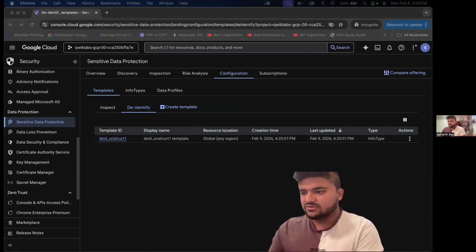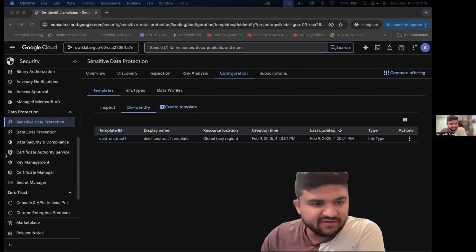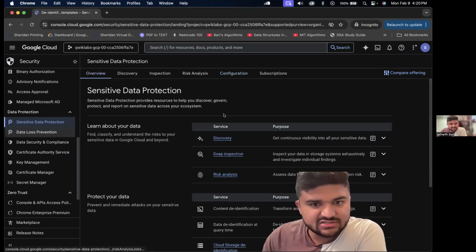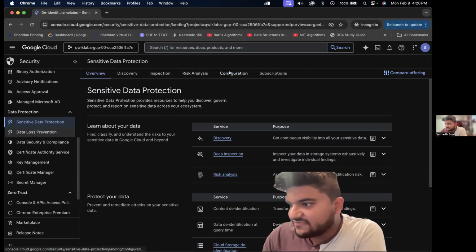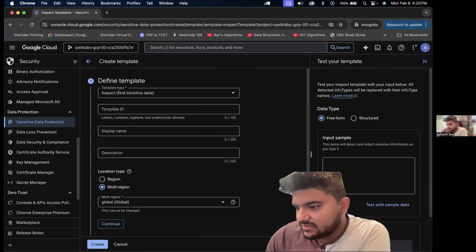Works. So I guess we forgot the template keyword back there. Then create template. Okay, done. Create a template for structured data. Again, go navigate back to data loss prevention. Yes. Then we'll do the configuration, templates, create a template, and